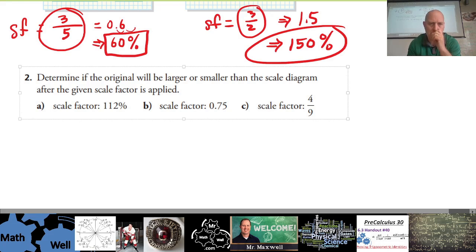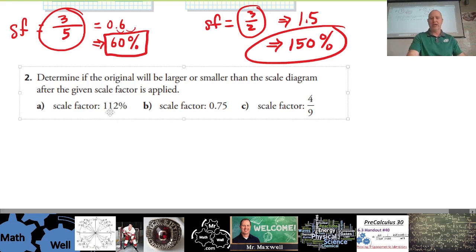Okay. It's for babies. Baby question. Determine if the original will be larger or smaller than the scale diagram after the given scale factor is applied. Determine if the original. Okay, so we're going back. So it's not as easy as I thought. But determine if the original. So the scale factor is 112%. So you're determining if the original will be larger or smaller. So that's a bit of a trickier question. It's the wording. So is the original going to be larger or smaller than the scale diagram with a scale